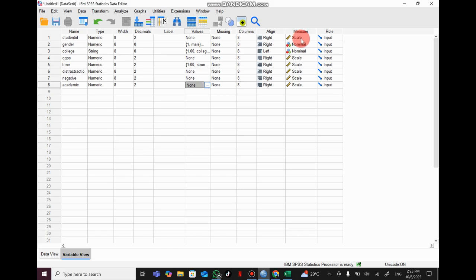Nominal is used for categories without order, for example gender and region. Ordinal is categories with a meaningful order, for example educational level: primary, secondary, tertiary. And scale is numeric data with meaningful intervals. So when you use the Likert scale, we use scale for all of these.